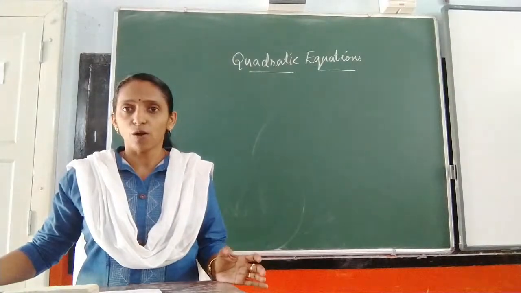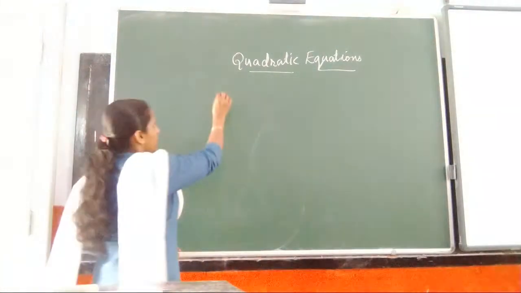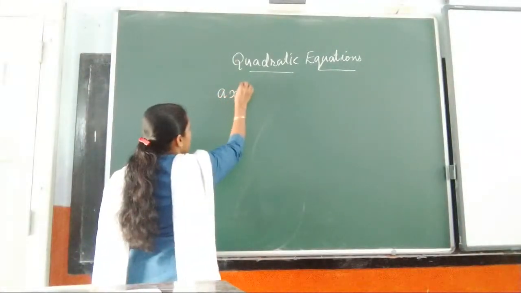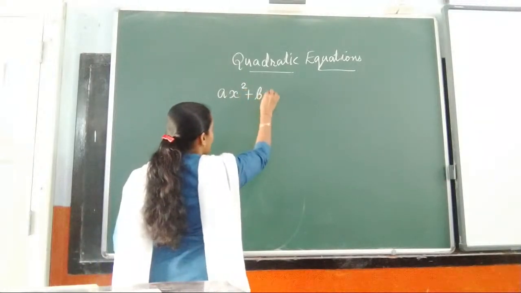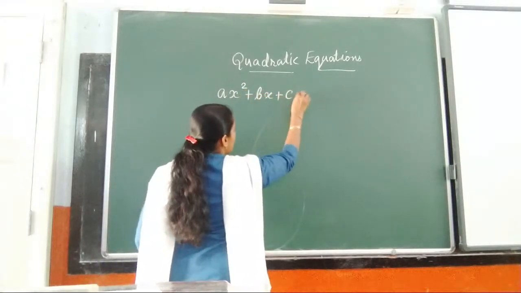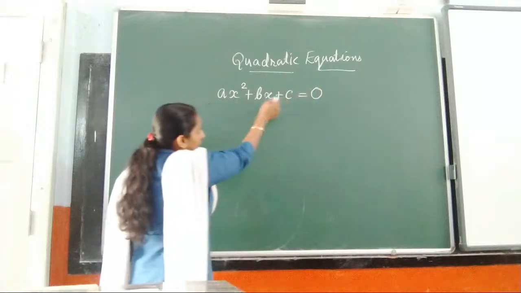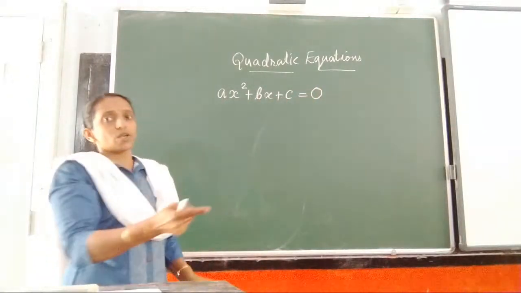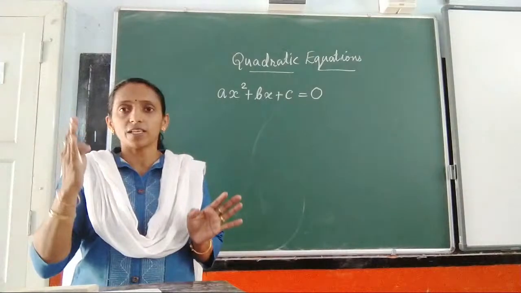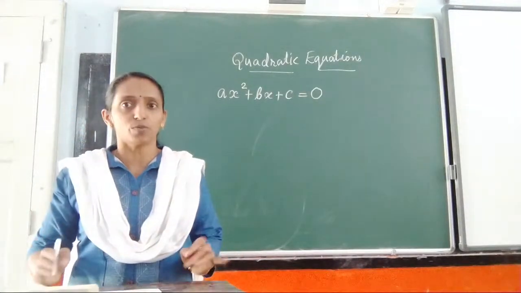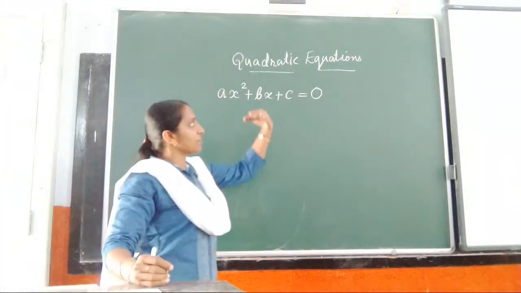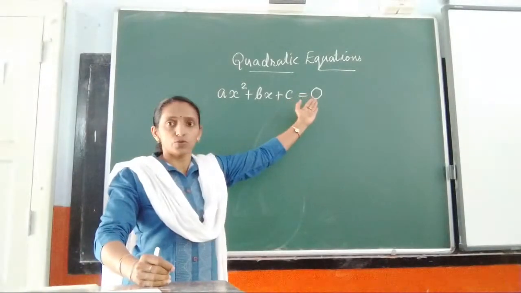A polynomial of the form ax square plus bx plus c is a trinomial. When we equate this trinomial to 0,